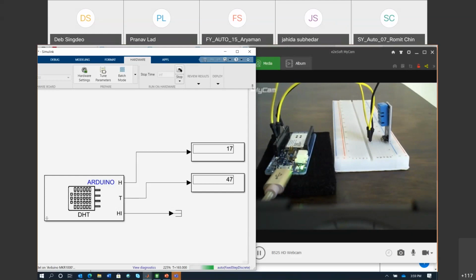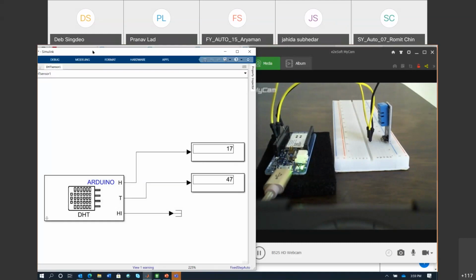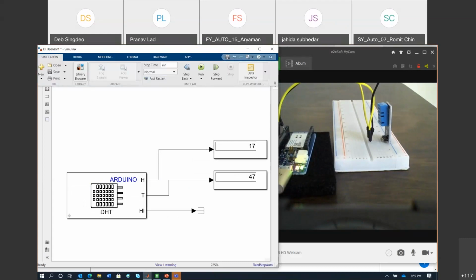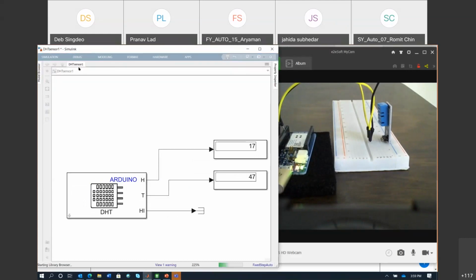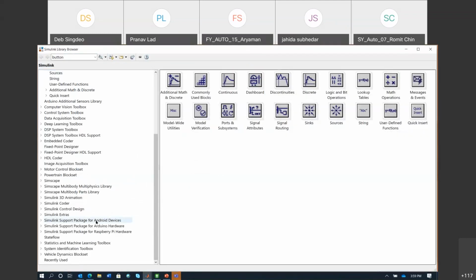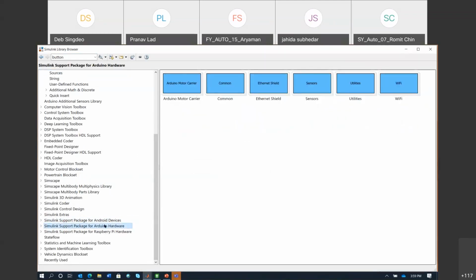So if I stop this simulation, I will go to the same place, the same library that I had. So in simulation, if you go, there's this library browser. So in the library browser specifically, I will be looking at the Arduino, the Simulink support package for Arduino. So once you have downloaded the support package, you will have this sort of a library here. And as I want to send data over internet, I need to specifically look to this sub library called Wi-Fi, because I'm going to connect my